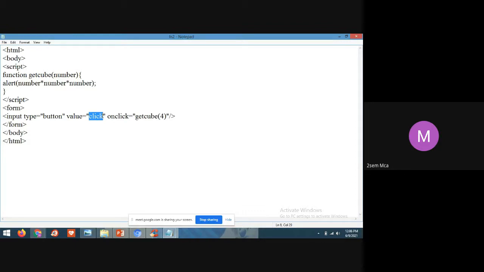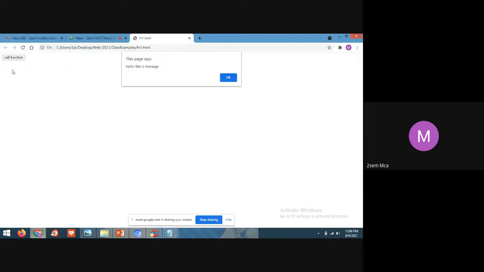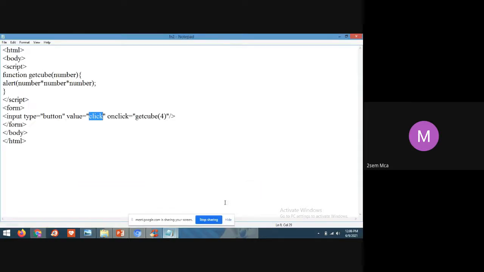In the previous example, I wrote call function, so call function was displaying. Now in this example, the value I have written is click, meaning the button name will be click.